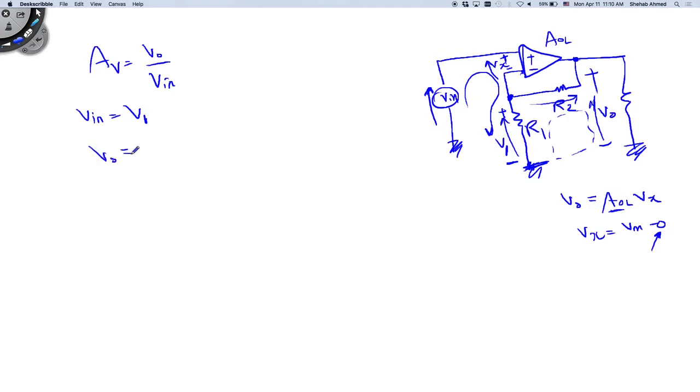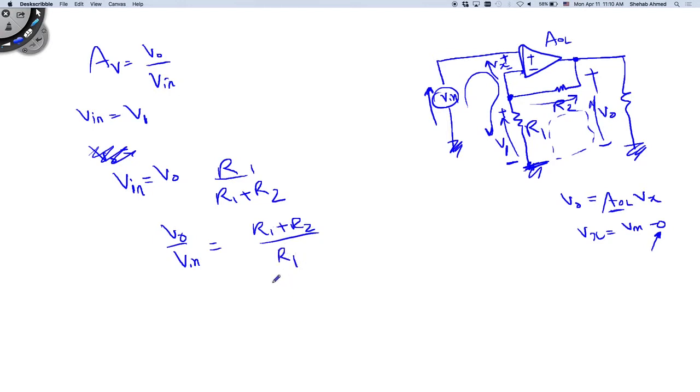So V1, in terms of V output, is going to be equal to V output multiplied by R1 over R1 plus R2, voltage divider rule, right? And V1 is equal to V input, so I have this. So V output over V input is going to equal R1 plus R2 over R1, or 1 plus R2 over R1. Okay? If I make R2 equal to 0,